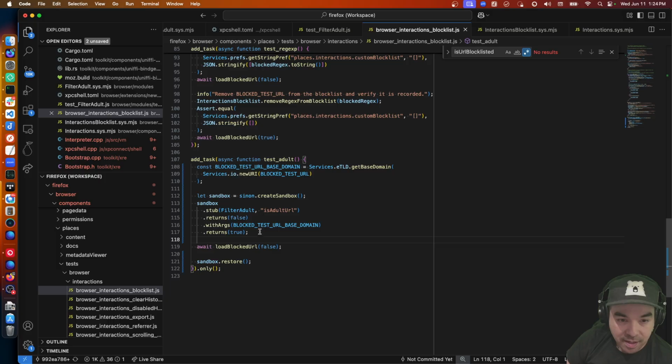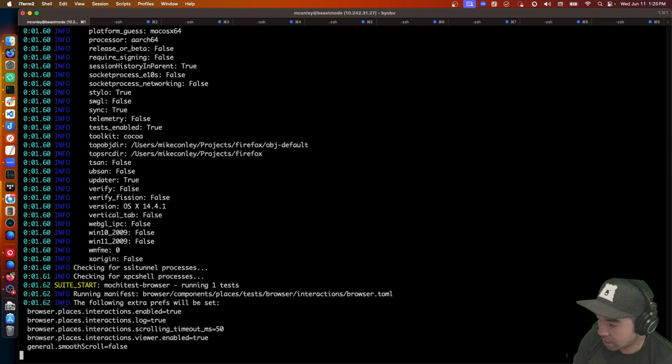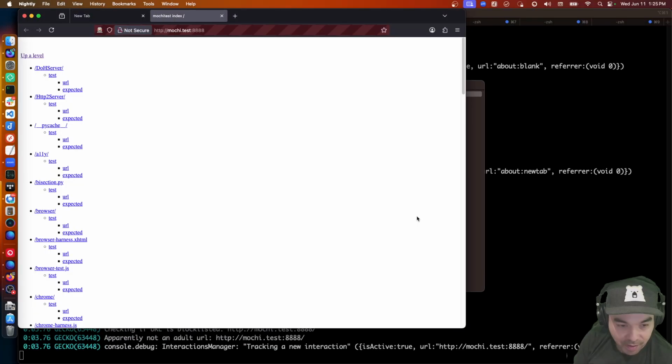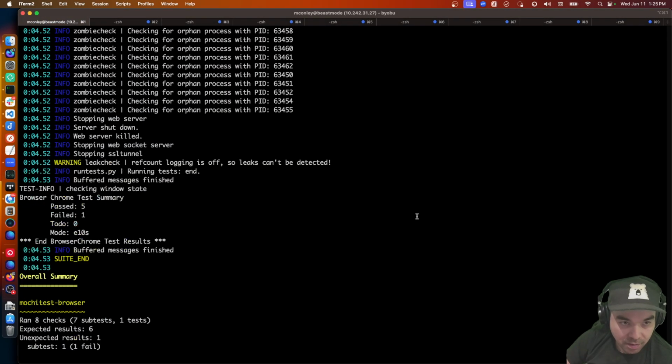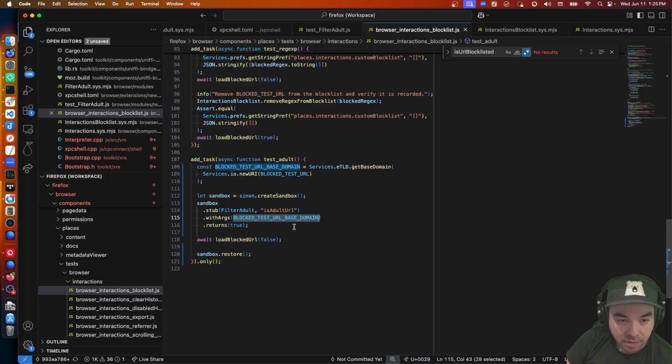let's now see if maybe our sinon stub isn't working in the way we'd expect. Maybe if I get rid of that... is it wrong to stack the expression that way? Yeah, doesn't help. Not an adult URL, browser. Okay, so let's go